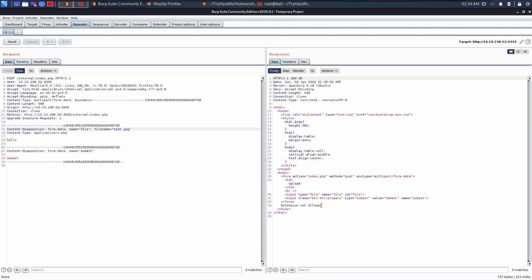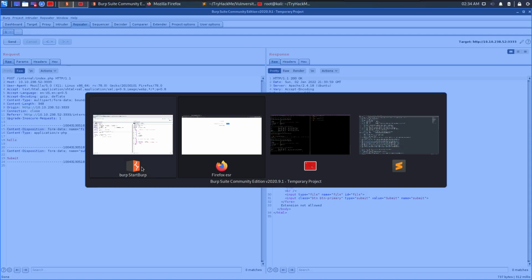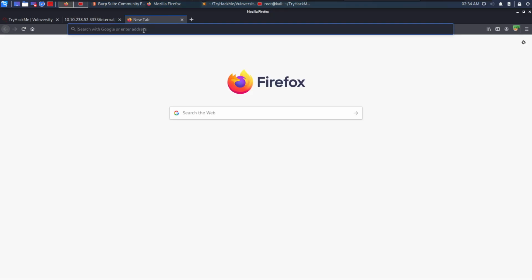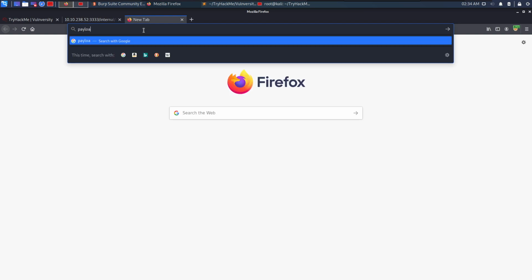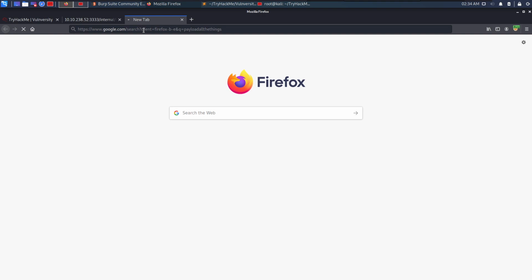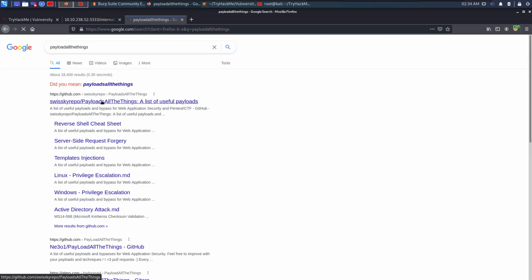extension not allowed. Now I will use my Intruder functionality for doing a brute force attack against extensions, but I need a list of extensions. So for that I will go to Google, and the resource which I am going to use is PayloadsAllTheThings, because that's an amazing website for doing penetration testing stuff. PayloadsAllTheThings,